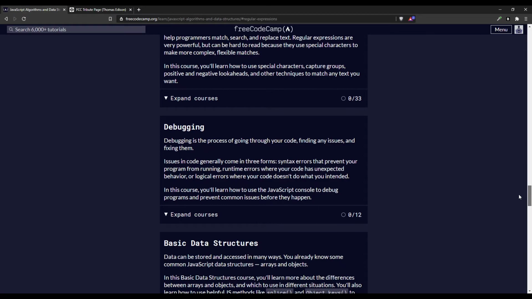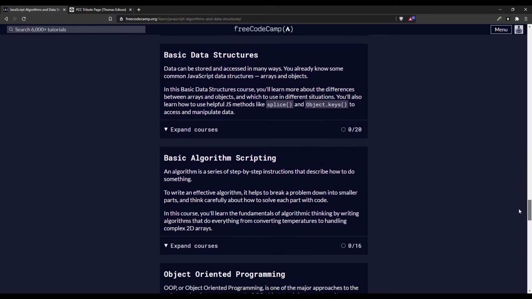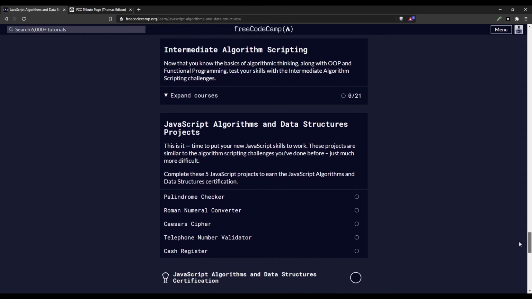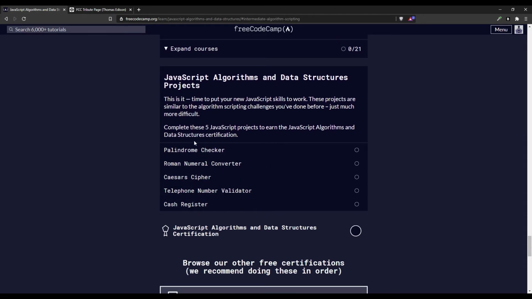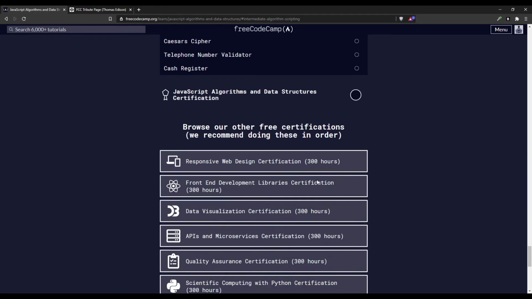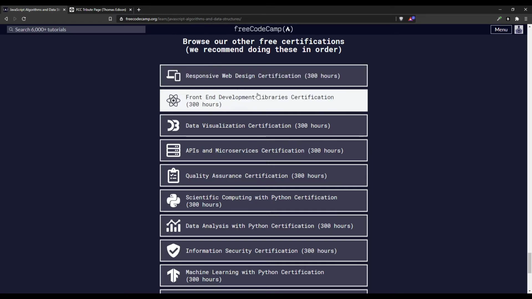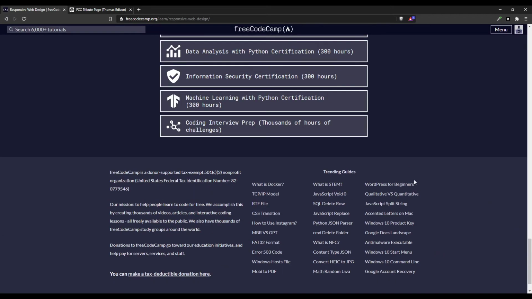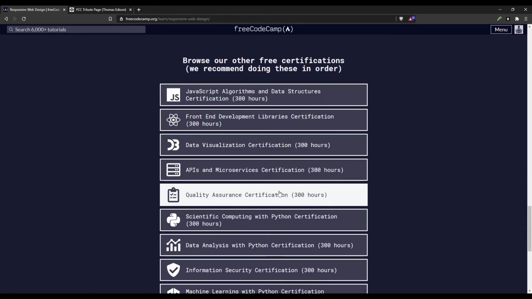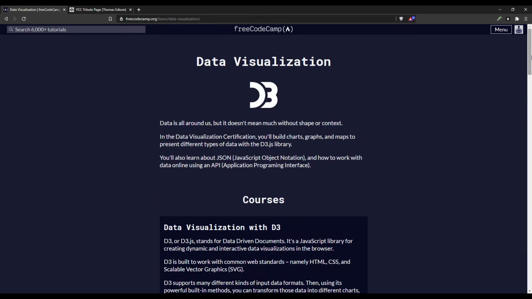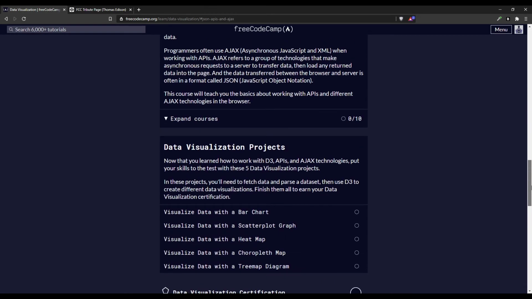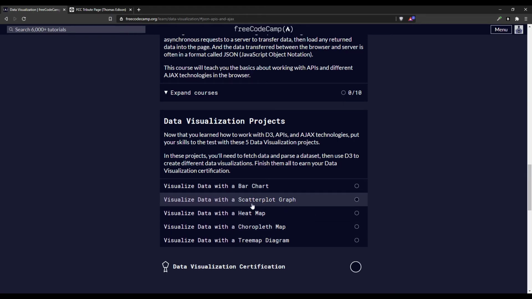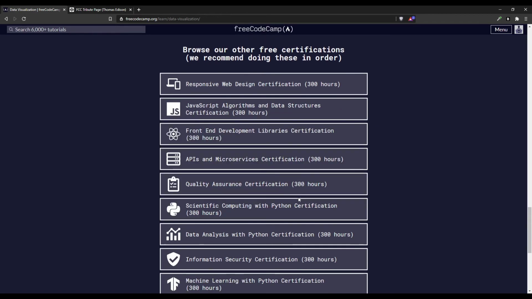Let's see that ES6 regular expression. Oh, I hate regular expressions. Functional programming. Okay, so they do have projects down here you can do. Roman numeral converter. Okay. And then you have responsive web design. Wait, no, it's the first one. I don't know what I'm talking about here. Let's see. So data visualization. Maybe there's some projects here as well. Yeah, right here, visualize data with bar chart, heat map, choropleth. Interesting. So I'm super excited to get through all of this, but I just got to make sure that